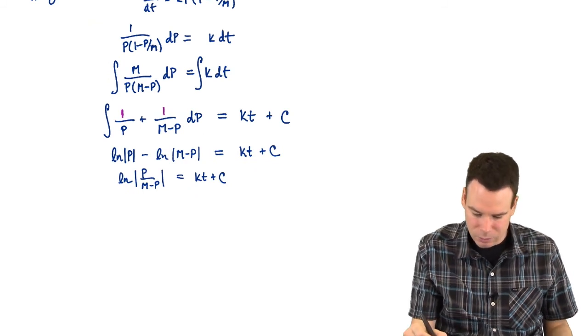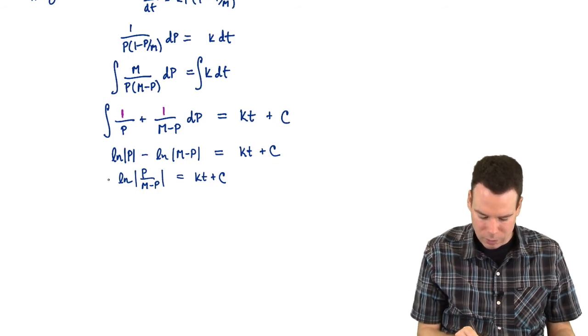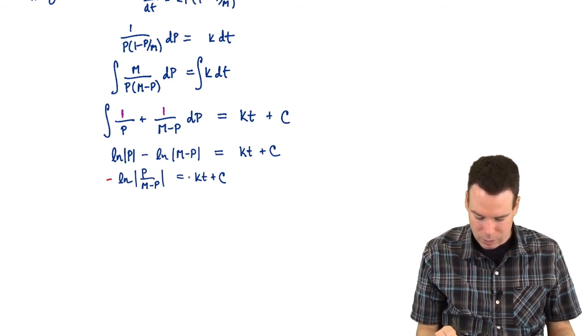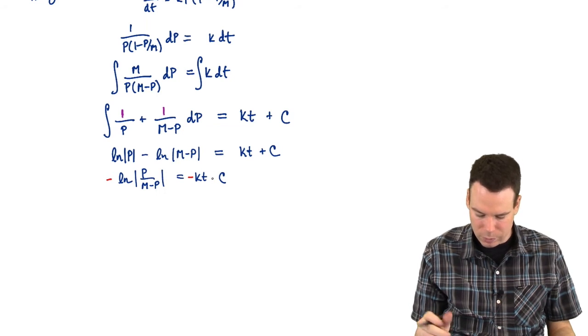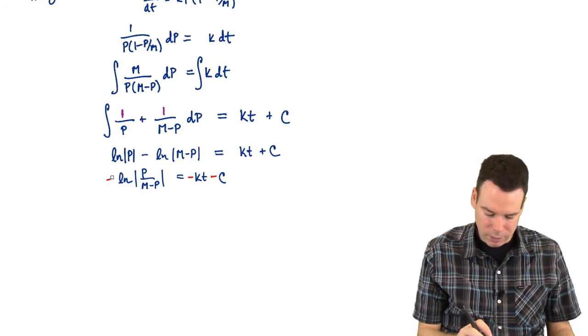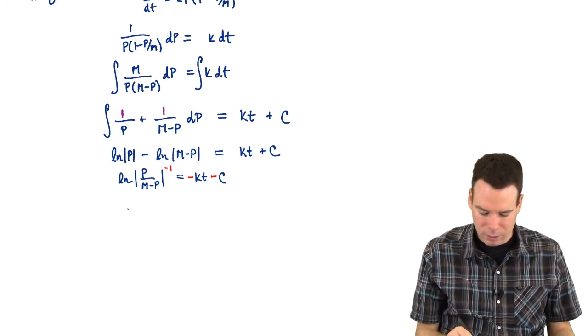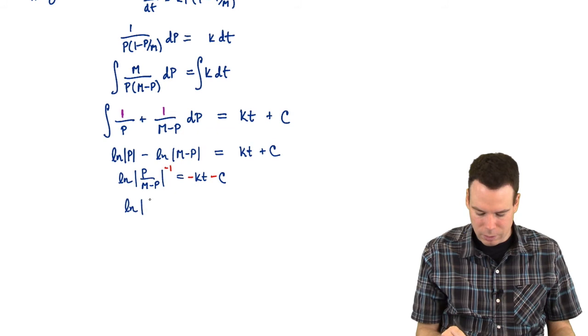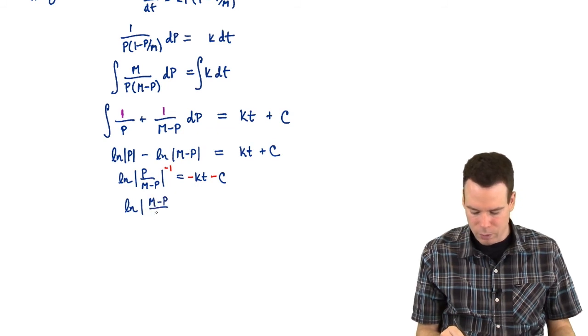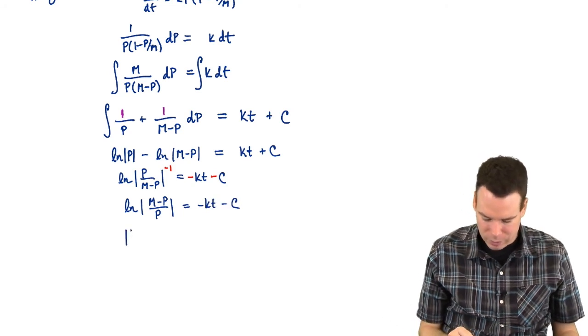Now I'd really like to flip the argument of the logarithm over, so m minus p is on top. One way I can do that is I can stick a negative out front here at the cost of multiplying both sides by a negative. Now once I've stuck the negative out front, I can move that into the exponent as a negative 1. And if I move it up to the exponent as a negative 1, then that allows me to write this as the logarithm of m minus p over p is equal to negative kt minus c. Now I can take the exponential of both sides,